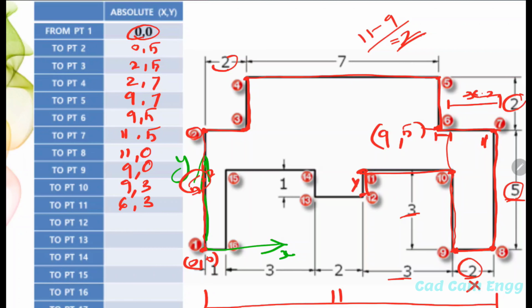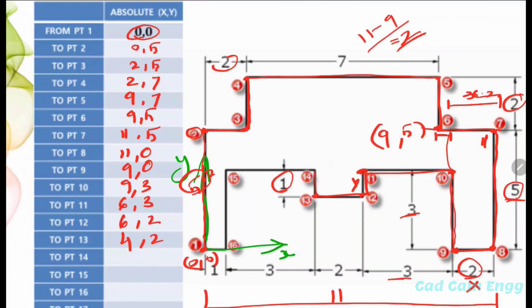How much reduced? Only 1 mm. Already we have 3, reduce 1 means 2 mm. The x-axis does not change, so I directly write x-axis 6. Next, point number 12 to 13. Here the y-axis is the same, 2 mm, but the x-axis is reduced by 2 mm. Already we have 6, reduced by 2 means now we get 4 mm.